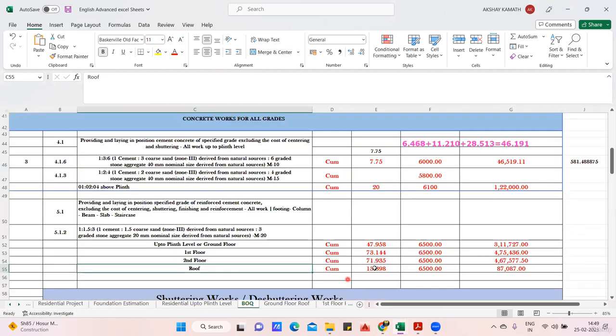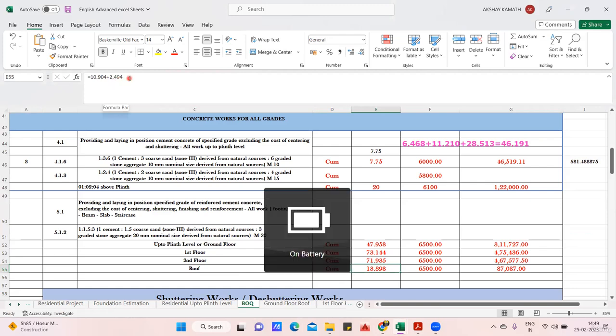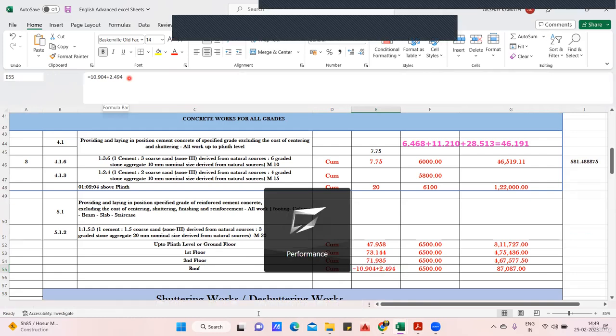Okay, I'll go to the BOQ now. See here, 10.904 plus 2.494. This is for the staircase concrete quantity. The remaining chhajja and all, I'm not adding. The reason is that when I explained to you,